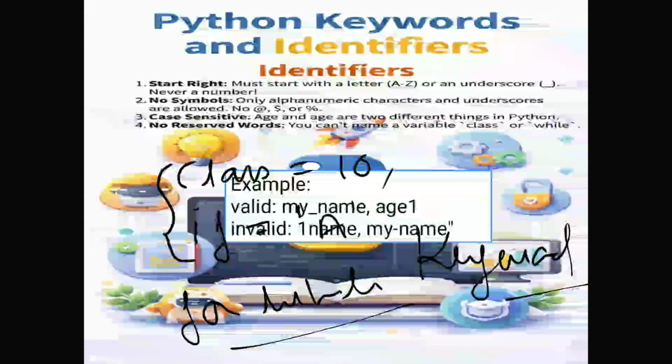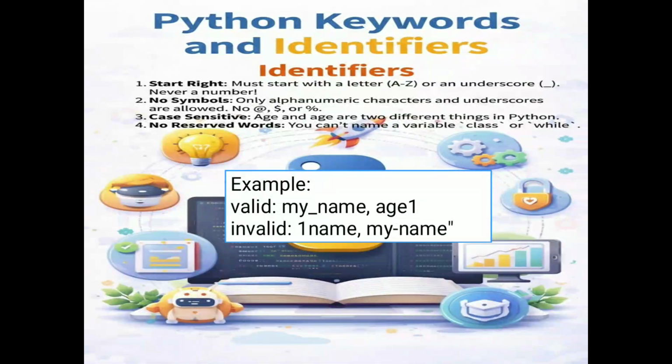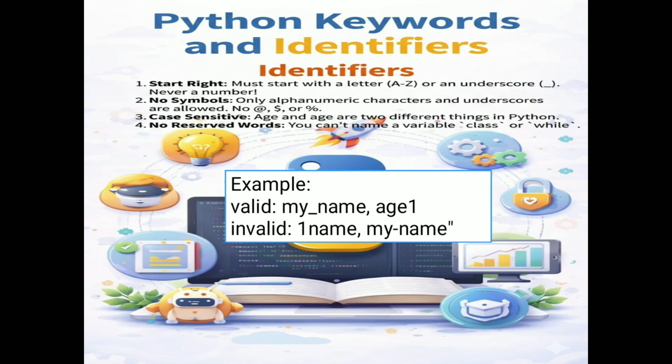In this example, the first, my_name and age, is valid. Why is it valid? Because it starts with alphabets and it contains the underscore, and it starts with alphabets and it has a numeric value, but it does not start with a numeric value, that's why it is valid. But the second one is not valid because it starts with a number and